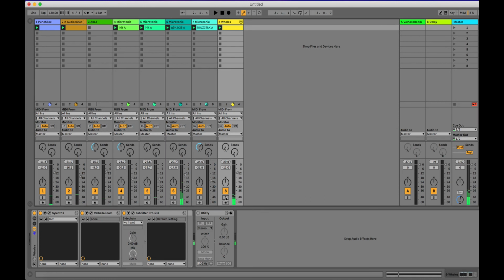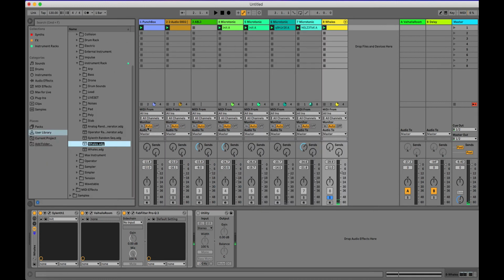Sounds interesting as well. Not going to use it, but again, let's call it Whales 2. Can't type. I blame the MacBook keyboard. It sucks. Anyway,